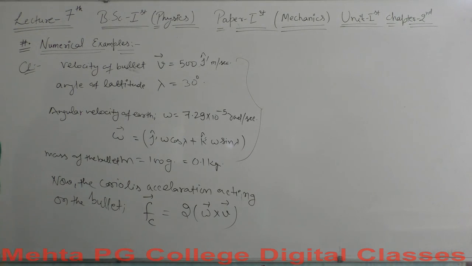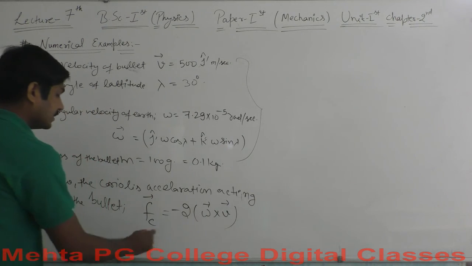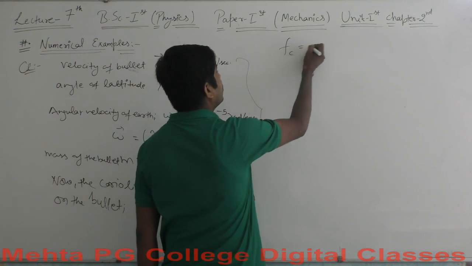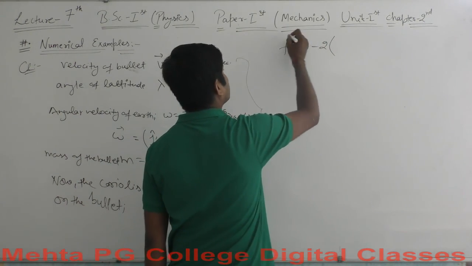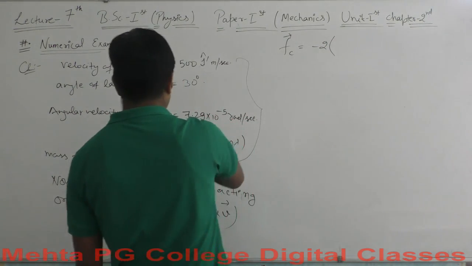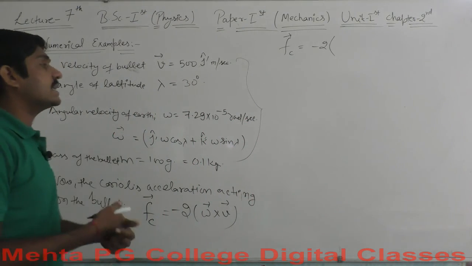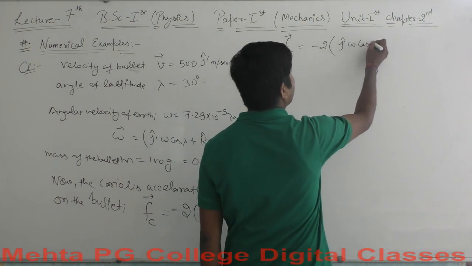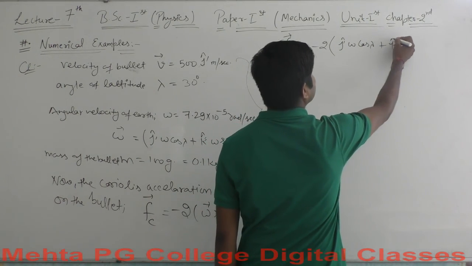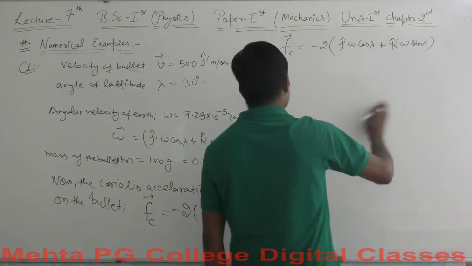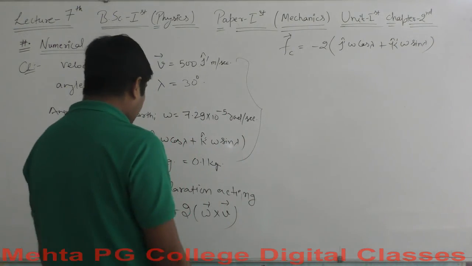There is a minus 2 here, which should be taken outside, and the omega vector is j cap omega cos of lambda plus k cap omega sin of lambda. Okay, and